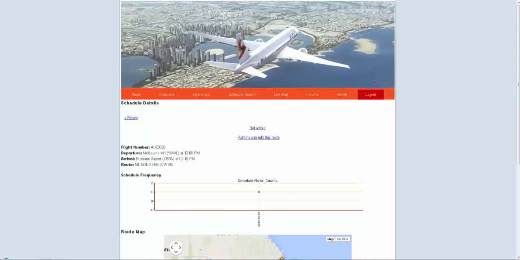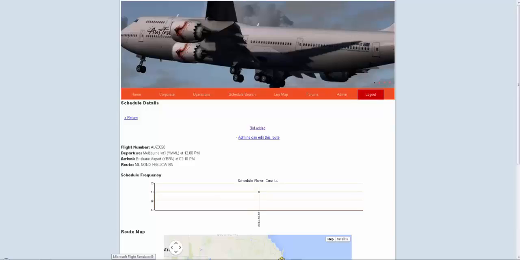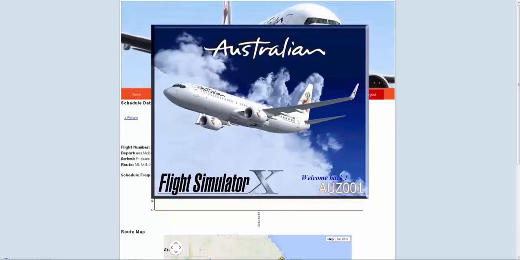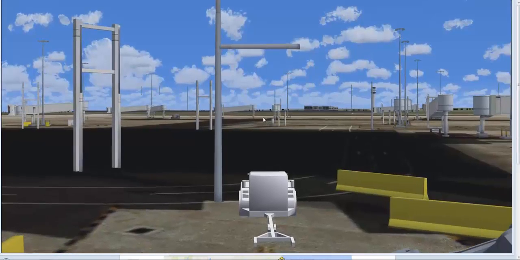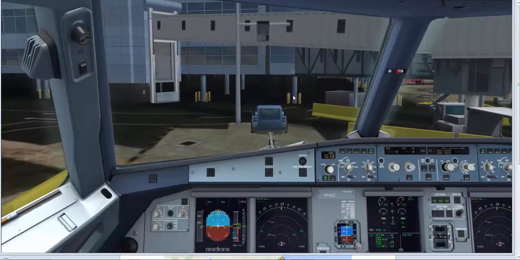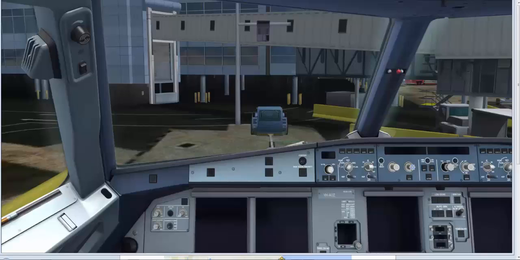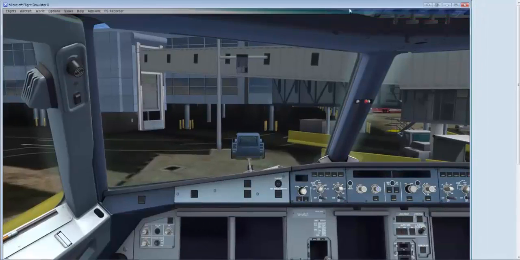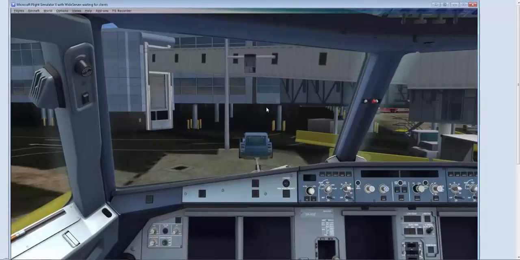And we'll start up Flight Sim. Basically we've got Flight Sim running. What we need to do now is start your kACARS,